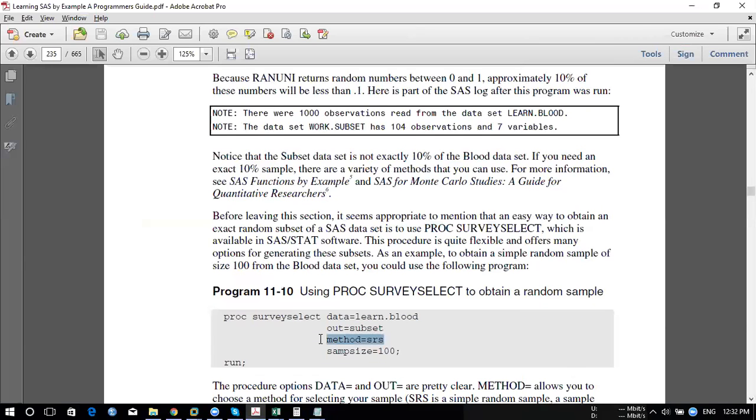This talks about your sample size. If you have population data of 500 or 5,000 and you want a sample of 100 selected by the method of random sample, this will give you the direct 10% from your blood data.